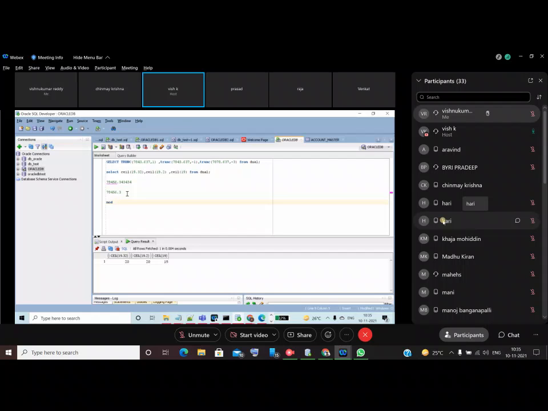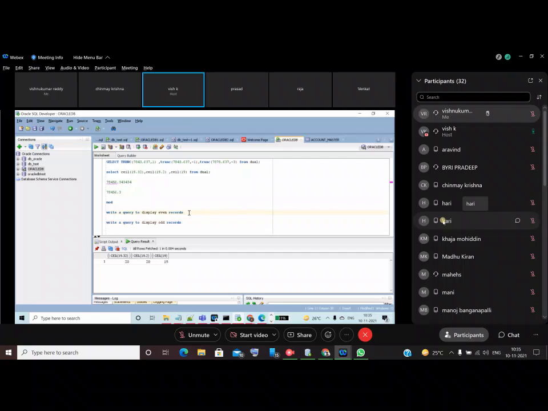Okay, so they will ask you to write a query to display even numbers, even records. Write a query to display odd records. So like this they will ask you, guys. Even in Informatica, they will give some file, and I want to load even records into one table and odd records into another table.